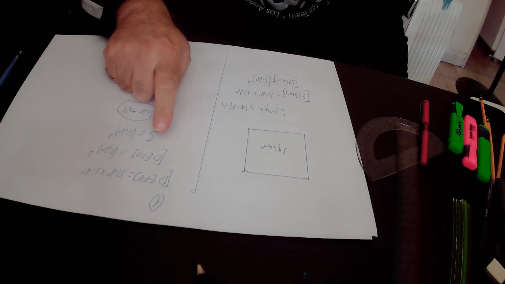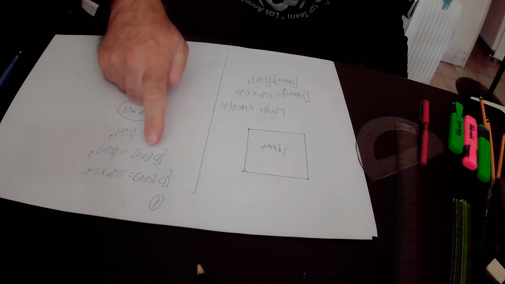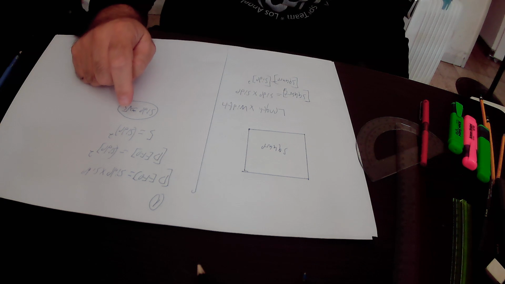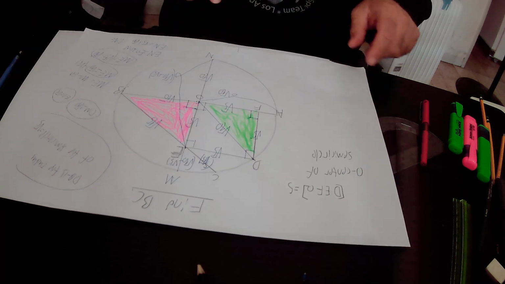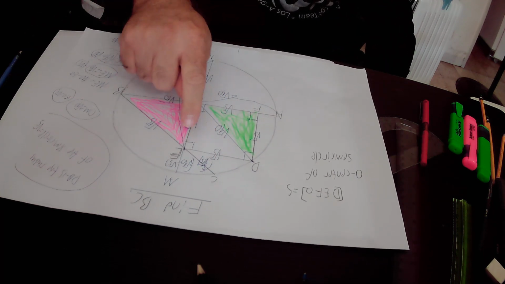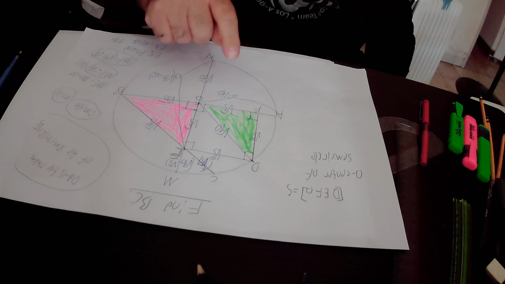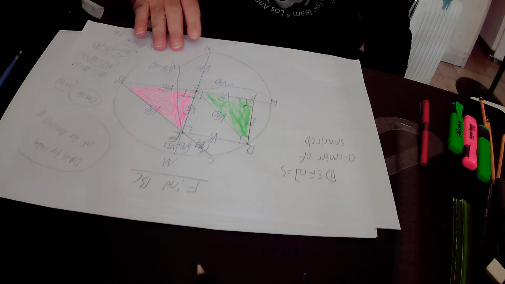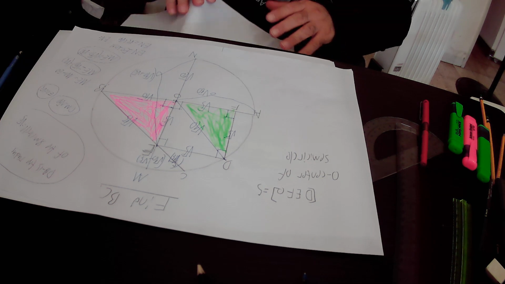So we can substitute the area by 5, and 5 equals side squared. We will take a root of this equation, and we get that the length of one side equals the square root of 5 units. That is to say, all the sides of this square are equal to the square root of 5 units. Okay, so in the next step,